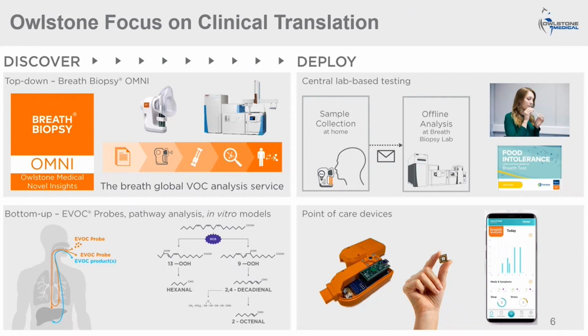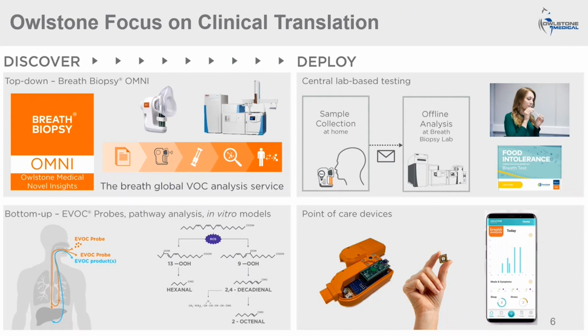This is an unbiased analysis of a really wide range of VOCs to really open the net wide and see what biology tells us could be relevant biomarkers for a particular application. We can also look at this from a more bottom-up approach focused on specific questions. So, for example, we can do in vitro studies to see if there are VOCs altered when target biological processes and cell lines are activated or inhibited. This might help, for example, to find potential target engagement or efficacy markers.